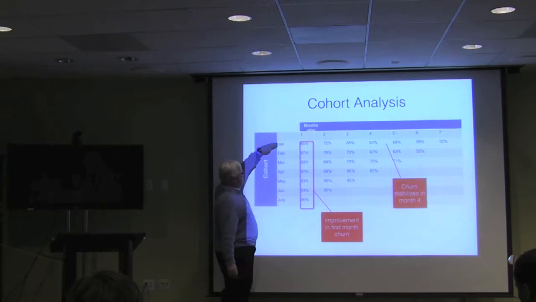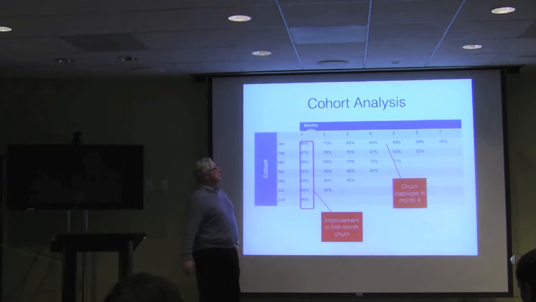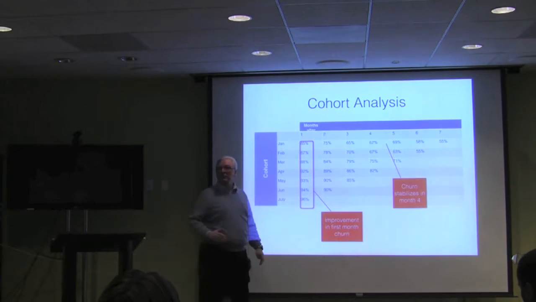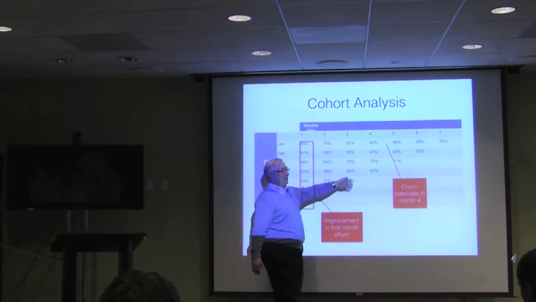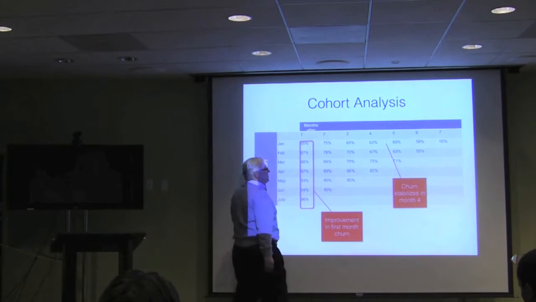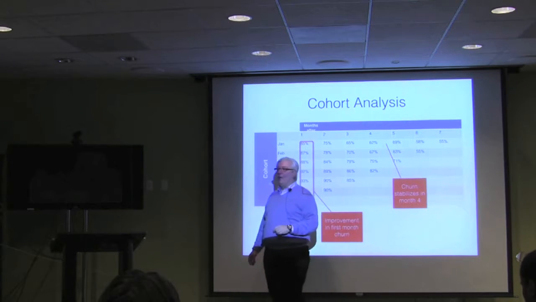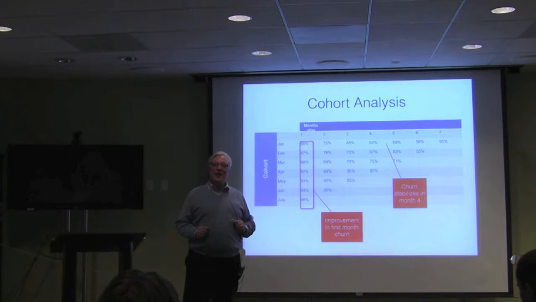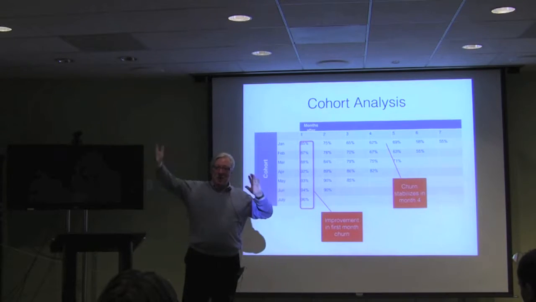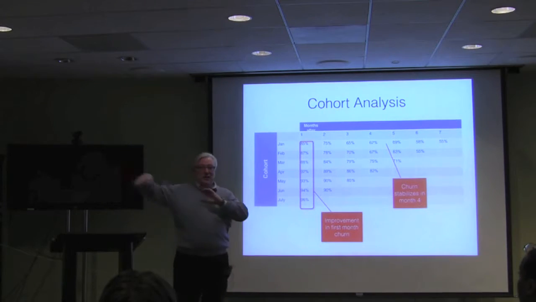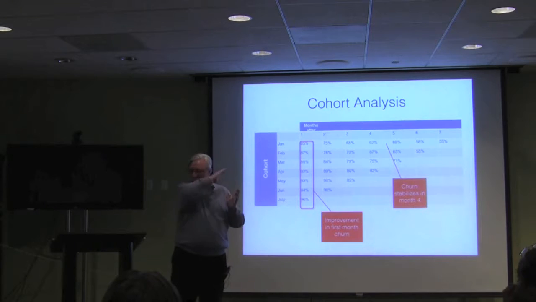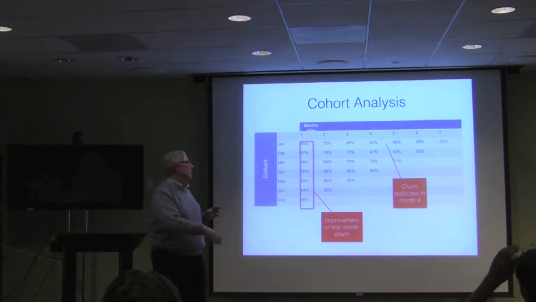So you have the people who came in January, February, March, April, May, June. One month after they came in, how many of them are still your customers? Two months, that's what this chart means. What you notice is that churn stabilizes in month 4. By the way, if you do cohort analysis, your churn will stabilize in month 4. In retail, we have the rule of 3: after 3 months, everything stabilizes. It's a pretty common effect. If it doesn't, you're doing something really bad, because almost everybody gets stabilization after 3 months.